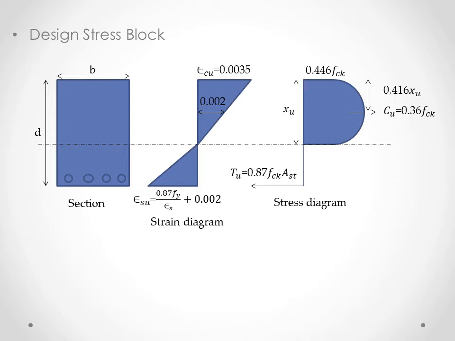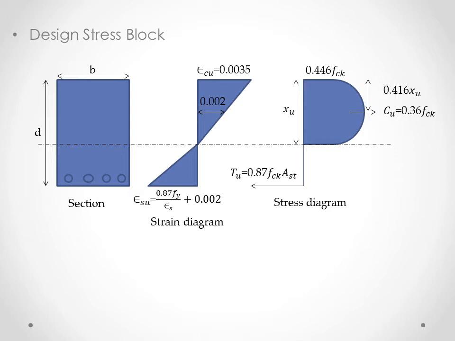Since there are two forces here, concrete is able to withstand compressive loads, steel is able to withstand tensile loads. That's why they are placed together, so that when used in RCC in buildings, it can withstand the compressive loads as well as the tensile loads of the superstructure. Okay, the strain diagram with the maximum compressive strain, epsilon cu, is equal to the ultimate compressive